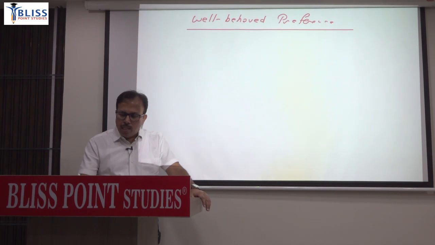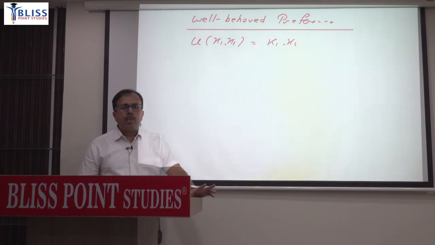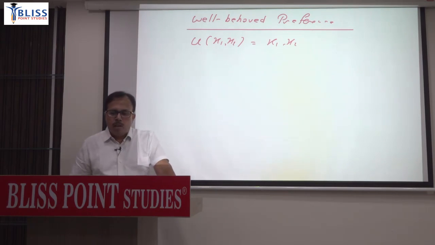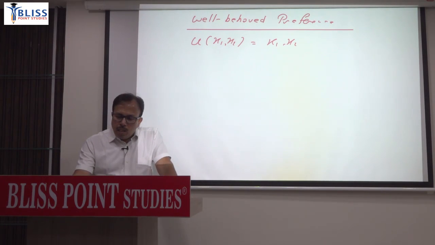So once I write it as well behaved, you will write the utility function as x1, x2 equal to x1 into x2. The utility equation is written in this form. If you write any value next to it, then that value will measure utility. That value will calculate utility. And if you try to plot